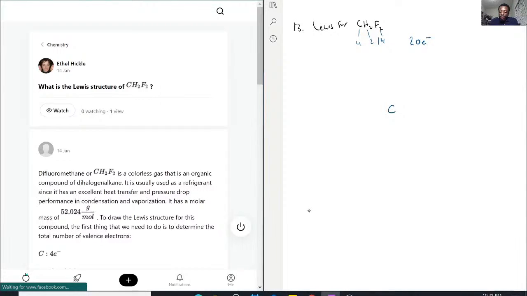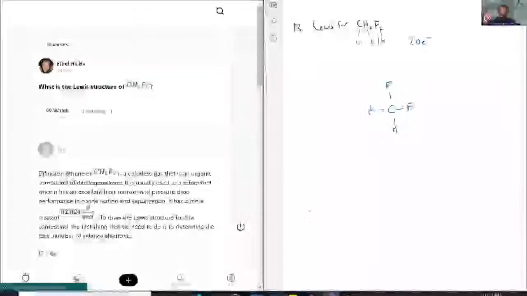So with this, we put carbon in the middle, okay? And then we put them around it. We have the 2 fluorines and we have the 2 hydrogens. With this, you might think this is your Lewis structure, but you're not complete yet. What you want to do as well is check and add the leftover valence